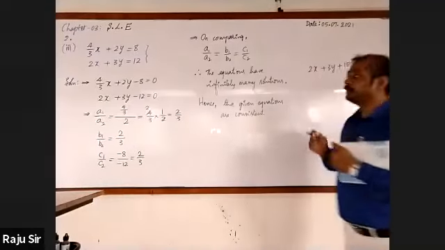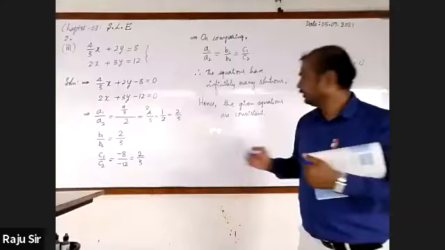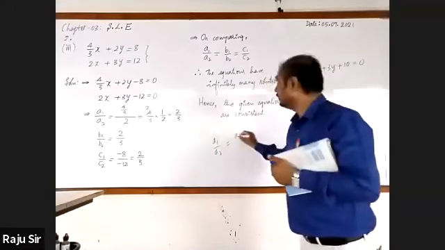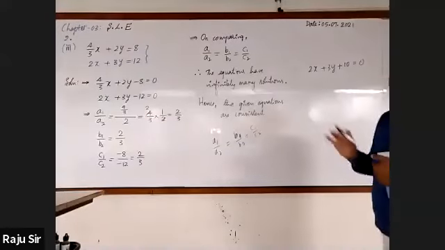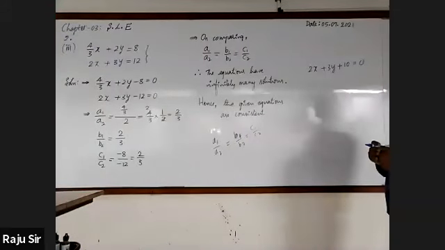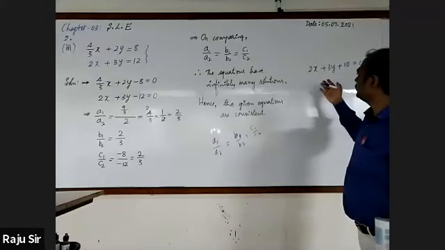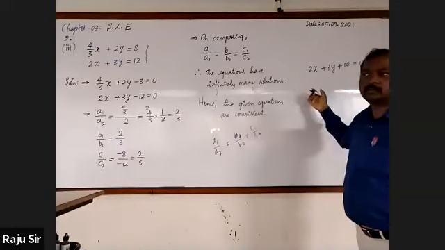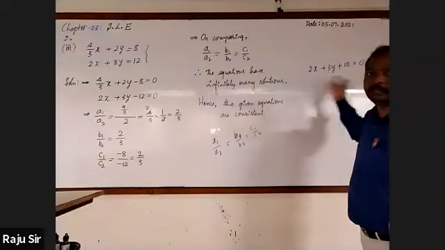Then how about 6x plus 9y plus 30, sir. Very good. Infinitely many solutions means the equations satisfy this condition: a1 by a2 is equal to b1 by b2 is equal to c1 by c2. This condition should hold. You may take the coefficients in such a way that they are the multiples of any number, or you may multiply any number to this.